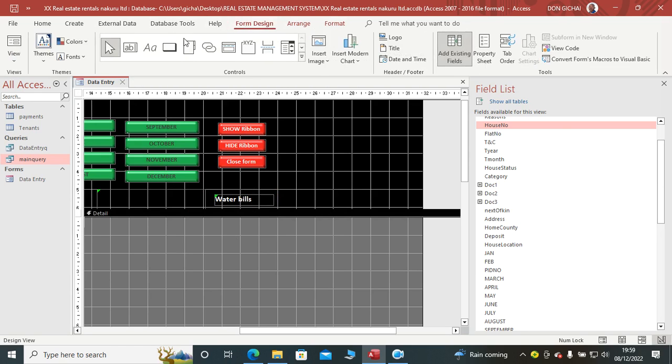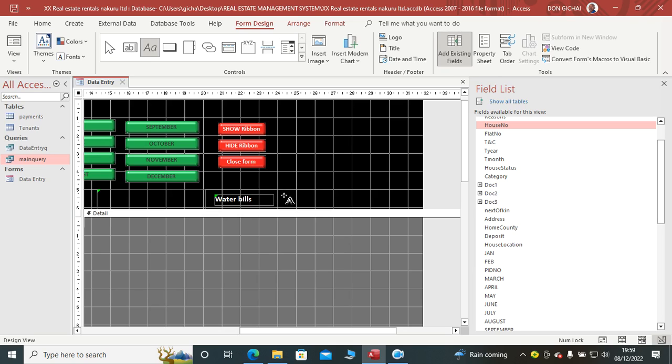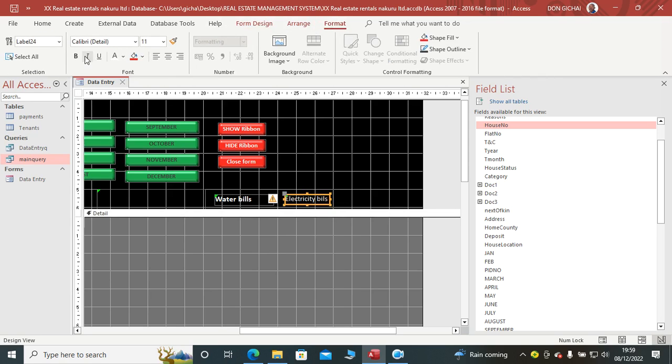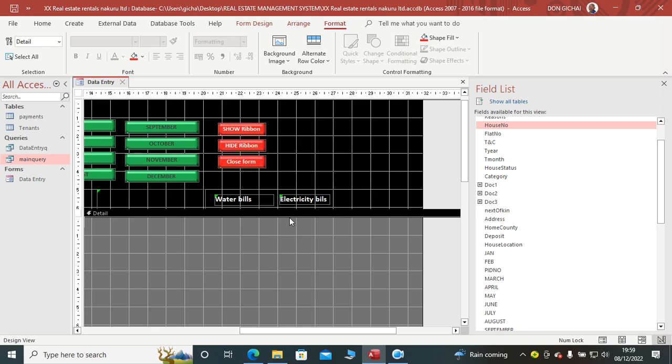Then go back there, take the next point here. We shall have electricity bills. Then again go to format, do the same, bold, give it size 12. So this is the electricity bill. So after doing that,